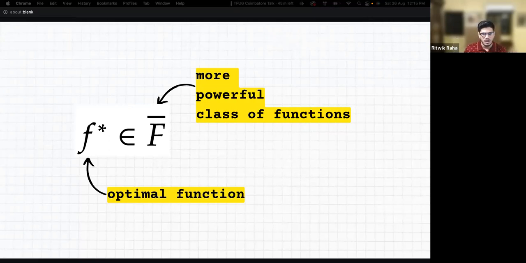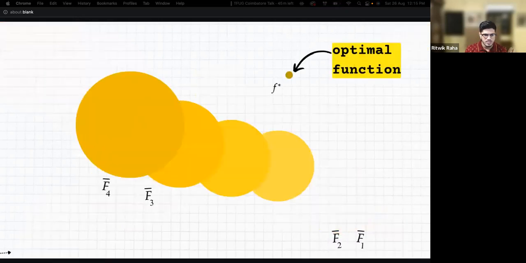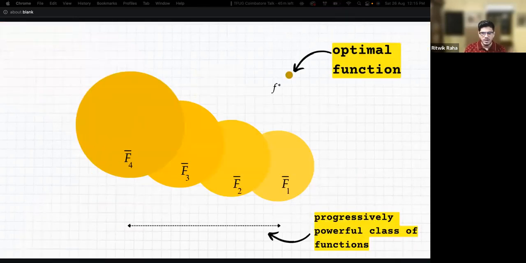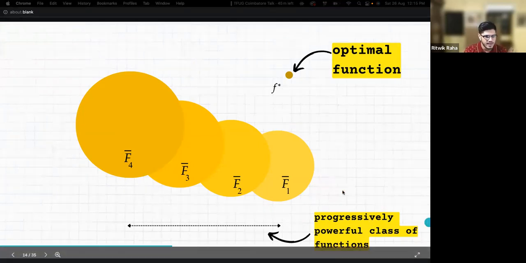And as I was saying, it can be hypothesized that the more powerful the class of function is, so the bigger the capital F is, it will let us approximate f star better, because that's what our end goal is. And what we can do is, with training, we aim to find more and more powerful f bar that will eventually approximate f star. So what we are trying to do here in the slide is that we are